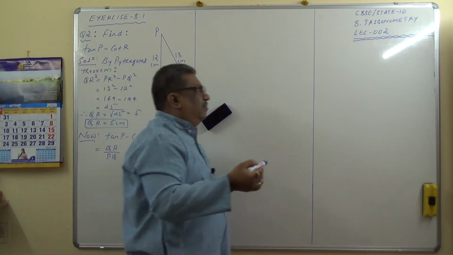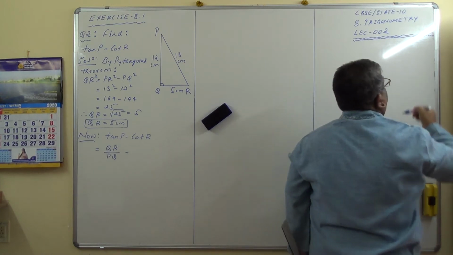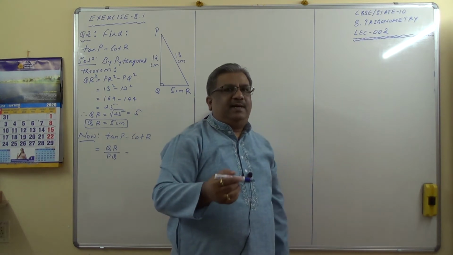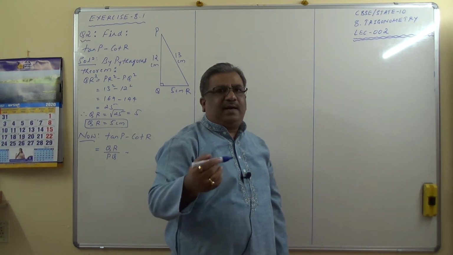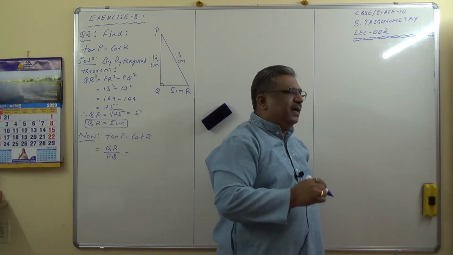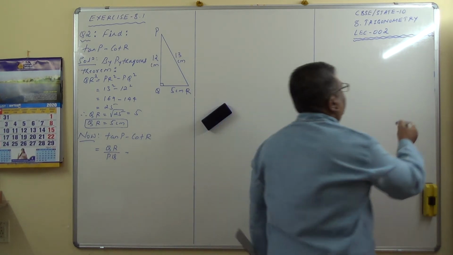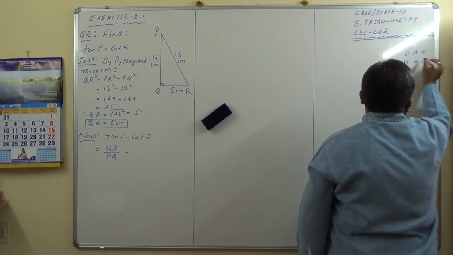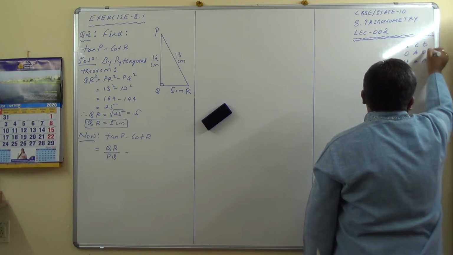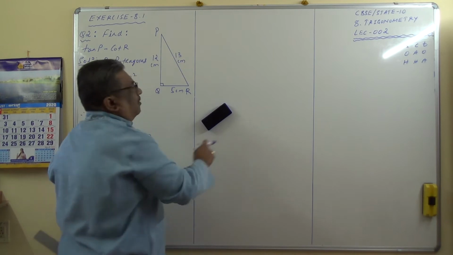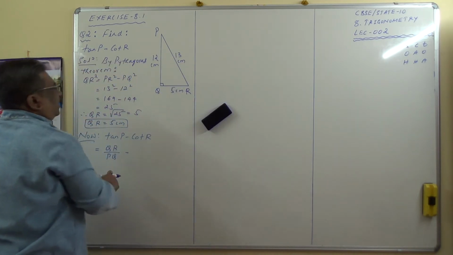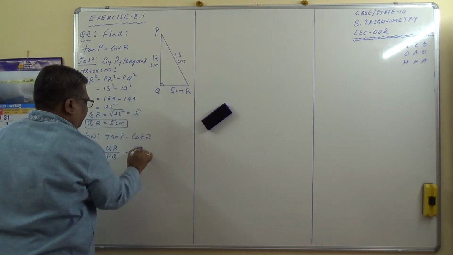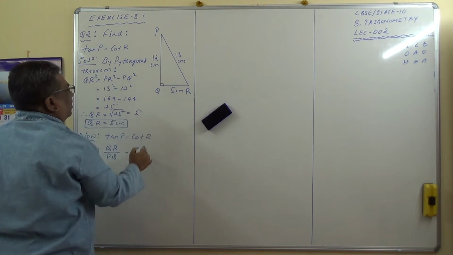If you want to remember that, here you can remember. I will be using generally your textbook terminologies, that is opposite side and adjacent side, rather than perpendicular and base. But I request you to know both of those. So here I will write O Anjaneya O, Har Har Anjaneya. So this is sine ratio, cos ratio, tan ratio and the reciprocal of that one. So therefore cot will be adjacent by opposite side. So cot of R will be adjacent by opposite side, which is QR divided by PQ.